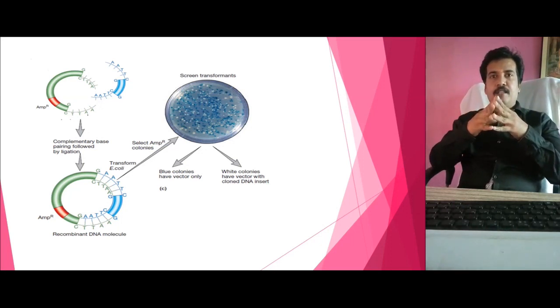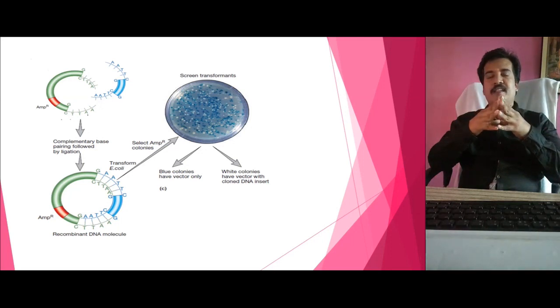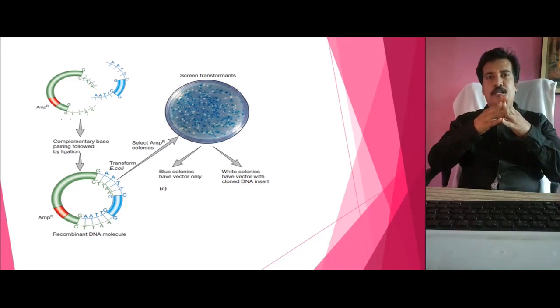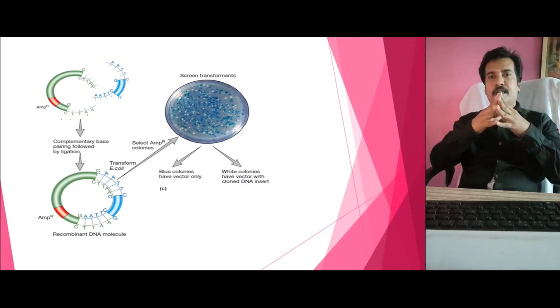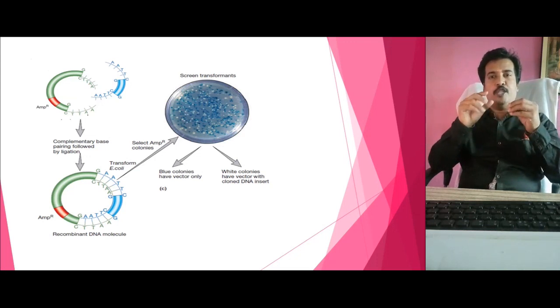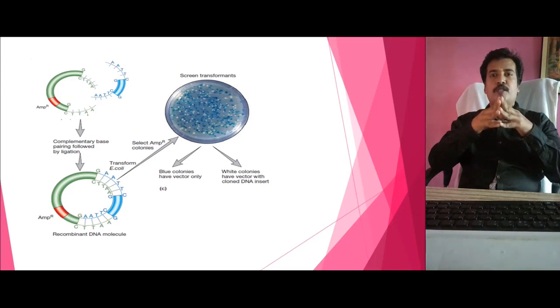DNA ligase. So the DNA ligation happens, and after this the vector is inserted into the host organism, for example E. coli. So it is transformed into the E. coli, then it is grown in a minimal medium. The minimal medium, what we call, is a petri dish that carries all the nutrients. Along with that, it also carries an antibiotic called ampicillin, because the ampicillin resistance gene is present in the vector, which produces ampicillin resistance in the bacteria.